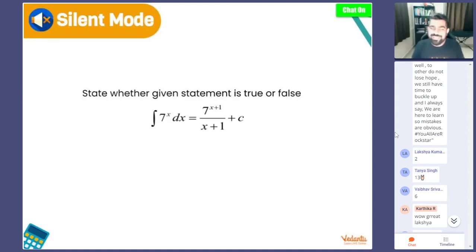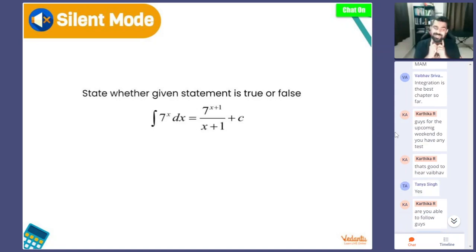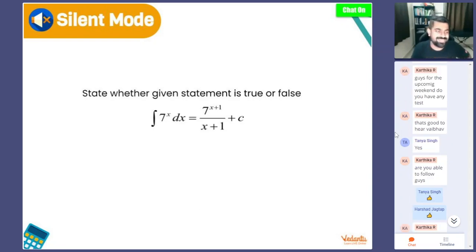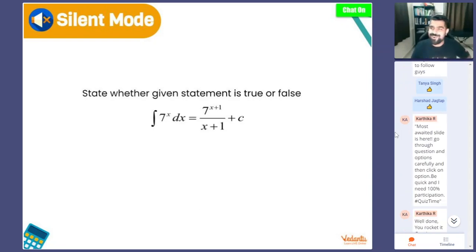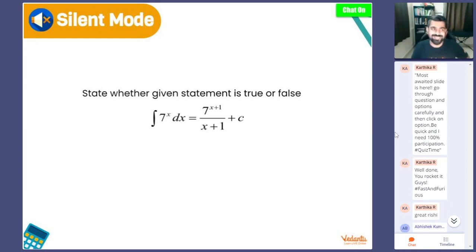Now I want to give you guys a discussion question. Do you think this is right? I've kept the chat open. I want you guys to discuss amongst yourself and come to a conclusion. Do you think this is right? What have I done here? Think about it and answer me in the chat. Let me see how many of you are able to crack it. Come on, people. Quick. What is the answer over here? Is it true or false? Just give me a true or false in the answer.